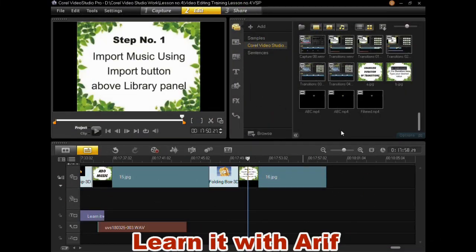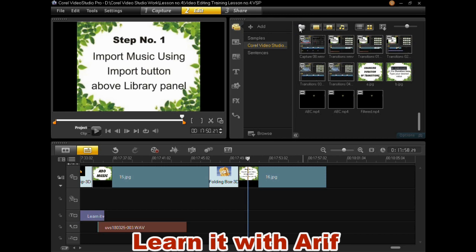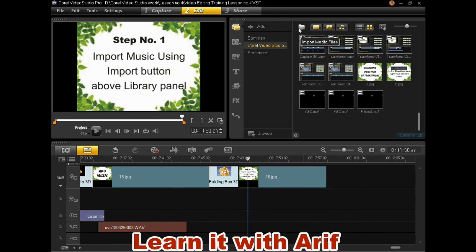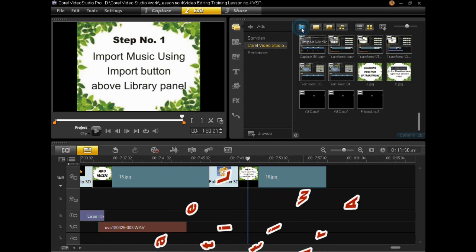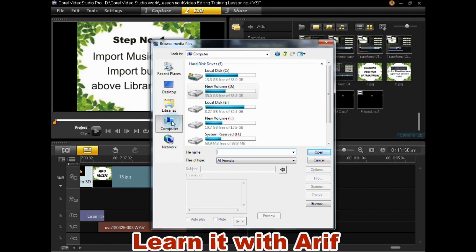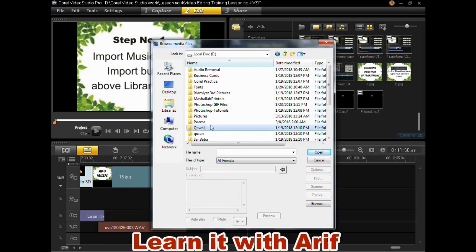You can import music using the import media files button above your library panel. As we have learned before, this is the import media files button. Click this button and go to the drive where you have your music saved.